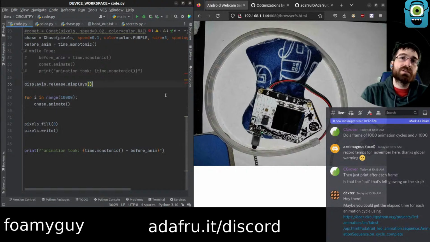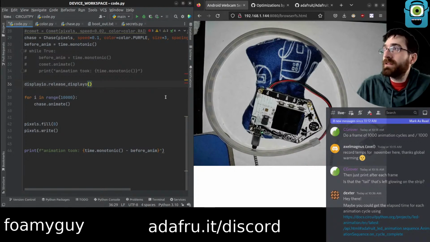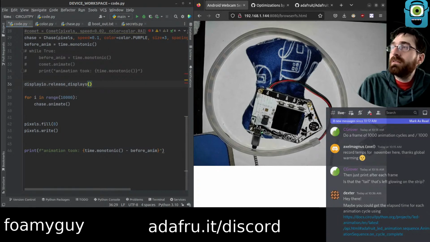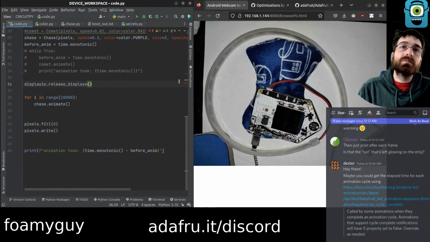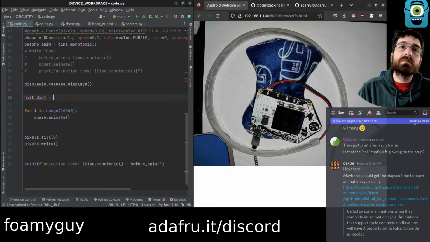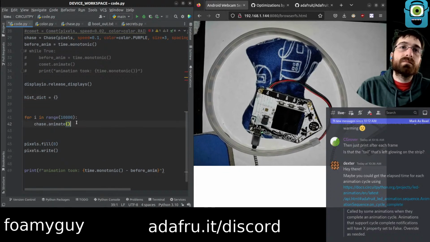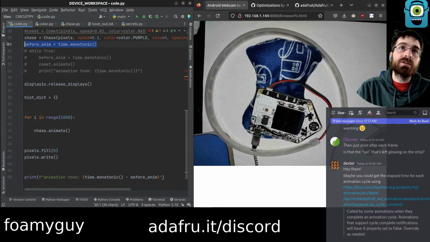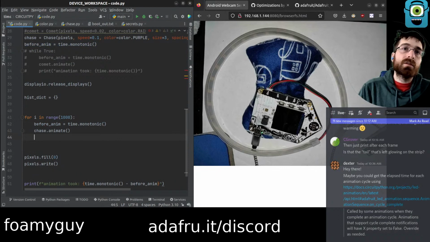We could just make a list, I guess, and print them all at the end, or make a dictionary that's a histogram. That sounds kind of convenient, right? Let's drop it back to 1,000 just to make it run faster for a second. So we'll want to go update this. And then